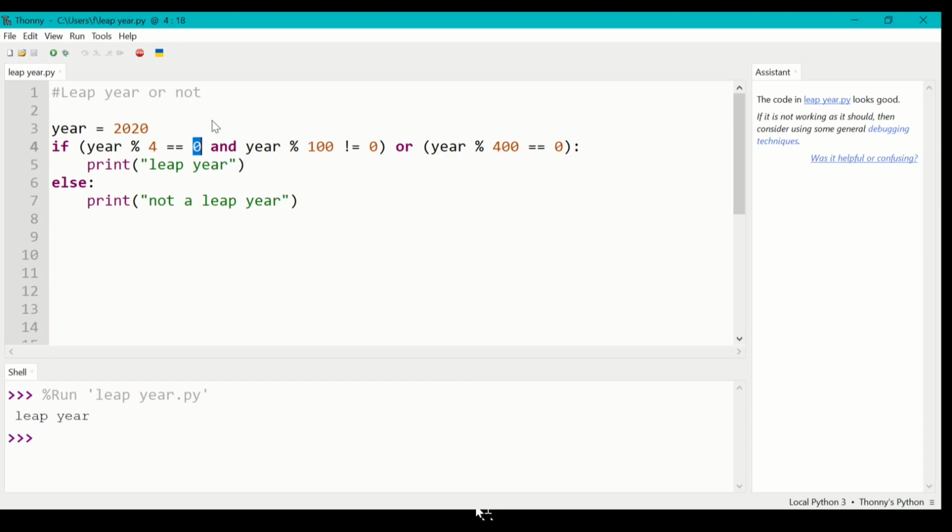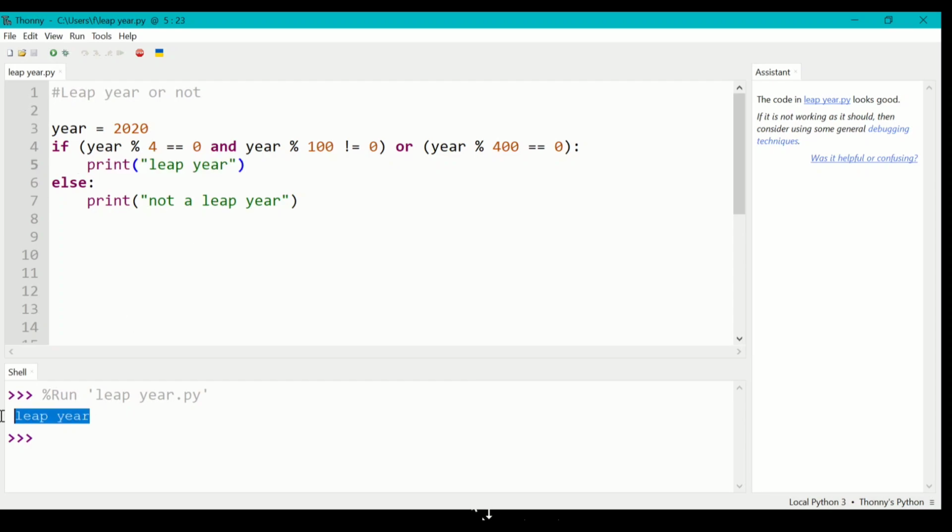And if this year is divided by 100, it has a remainder, so it won't leave remainder 0. It will definitely leave some remainder. So as it satisfies both these conditions,